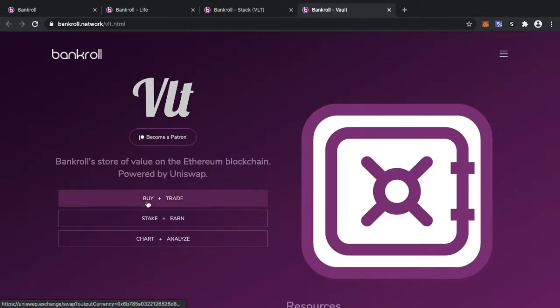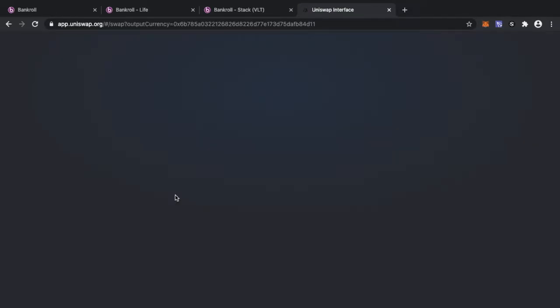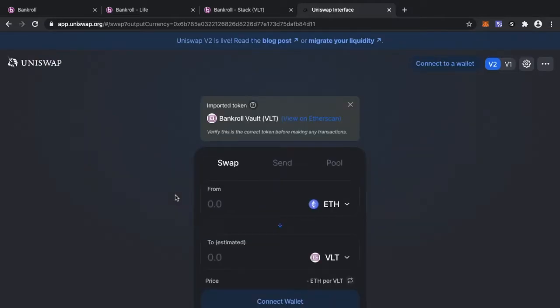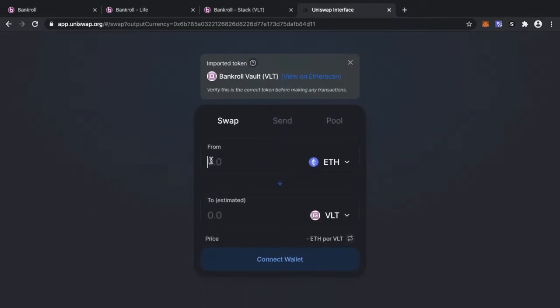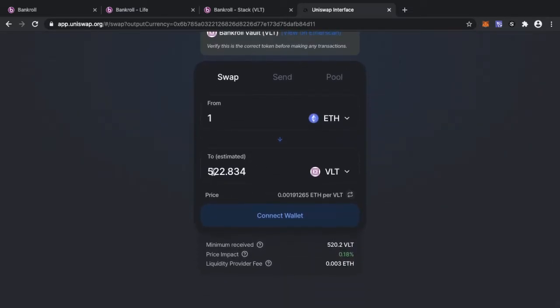There are a couple of things you can do with Vault. Number one is you can buy and trade. Number two is you can stake and earn. Or number three, you can chart and analyze. So buy and trade is pretty straightforward. You head on over to the Uniswap interface, which is very simple, very straightforward. For example, if you're going to buy 1 ETH's worth of Vault, it will tell you you will get 522 Vault per ETH. Or the price is